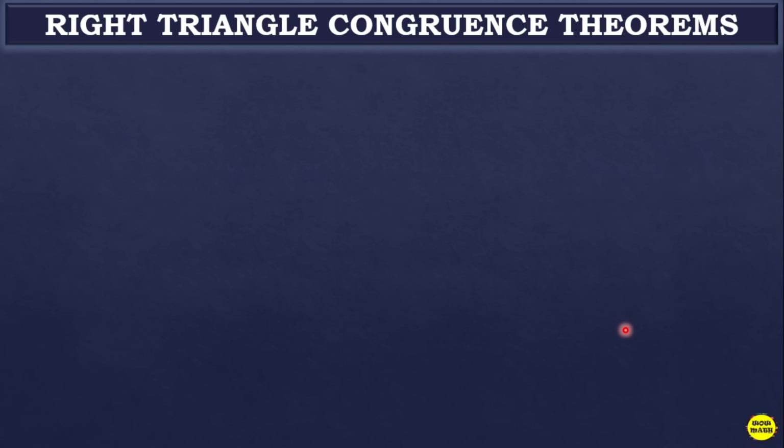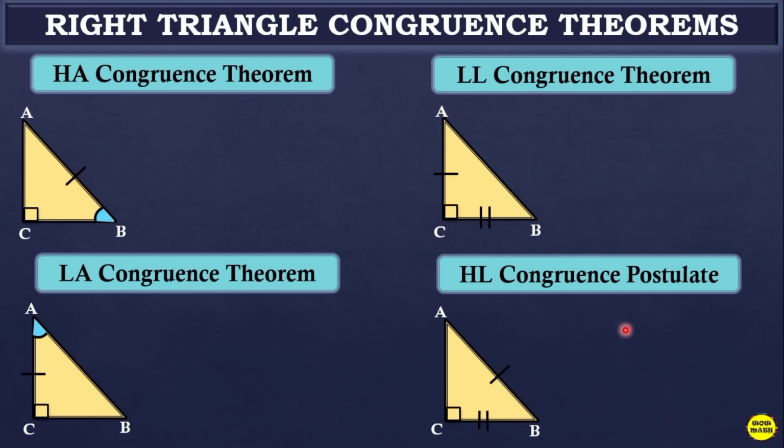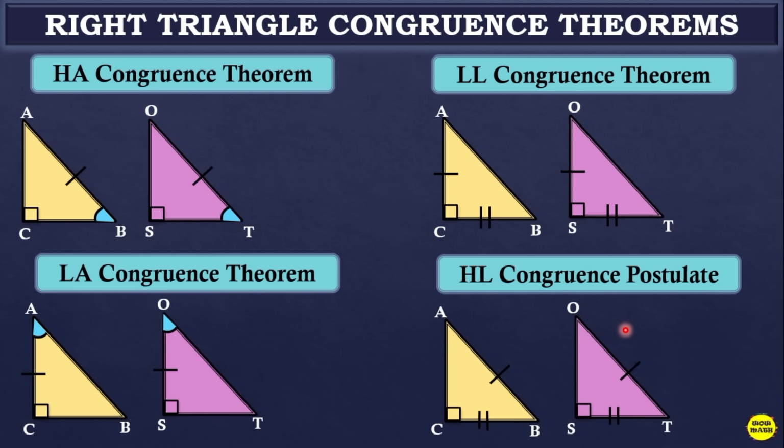Now let's talk about the right triangle congruence theorems. This is just a recall. So we have the HA congruence theorem. We have triangle ACB congruent to triangle OST. As you can see, these two triangles are congruent because of their hypotenuse and the acute angle. Since we have the hypotenuse and the acute angle, these two triangles are congruent by HA congruence